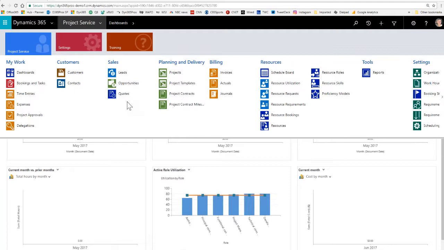So we'll start at the opportunity level, and we'll talk about that. We'll move from there into the quote that's generated off of the opportunity. Both of those are really where you can start in the sales process, the project service automation workflow or workload. Building your estimates, building your quotes based off of real numbers, based off of what your cost may be around implementing a certain project. And this can be done not only for external customers where you're delivering dollar value of say consulting services or widget sales or software sales or whatever the case may be,